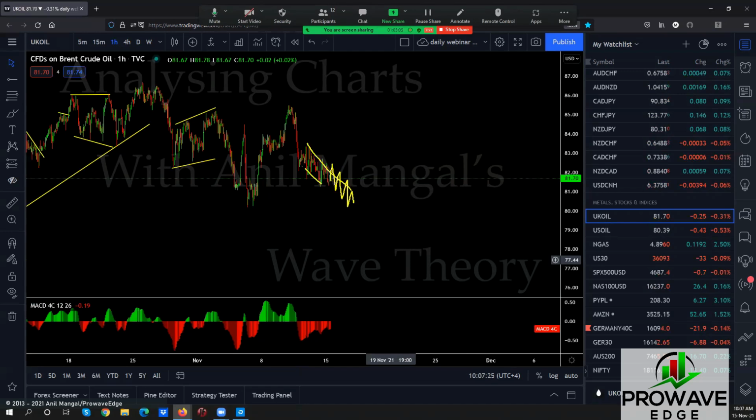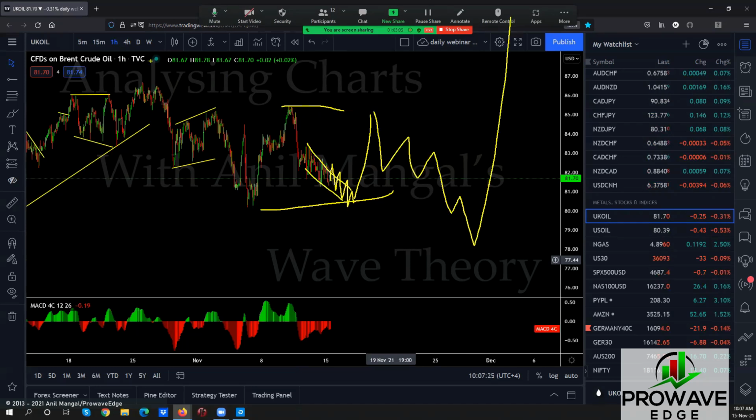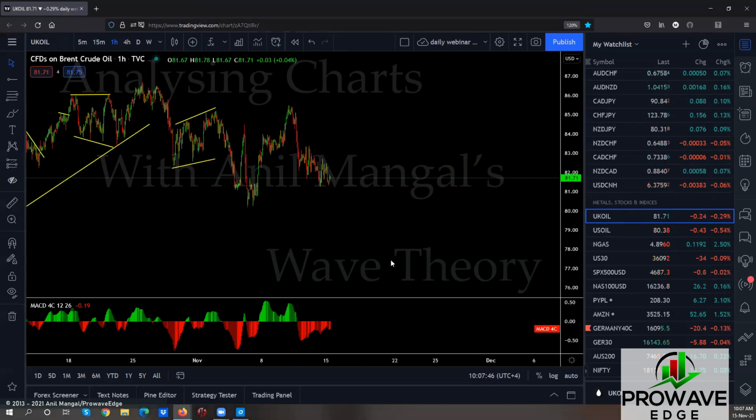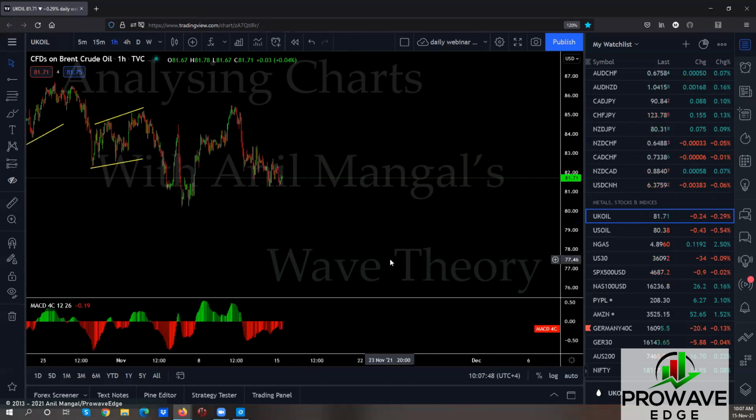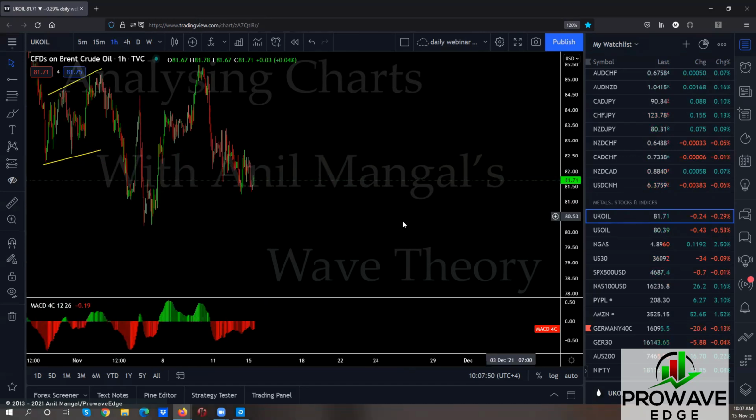I would be looking for a buy setup here for back like that. And then we make a bigger flat here, and then we come back like this, and then probably go up. All right, that's a possibility. Big picture is downside, even if it makes a new high. Let's keep our eyes on this one.